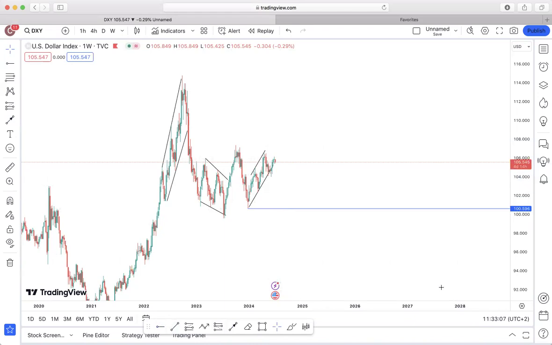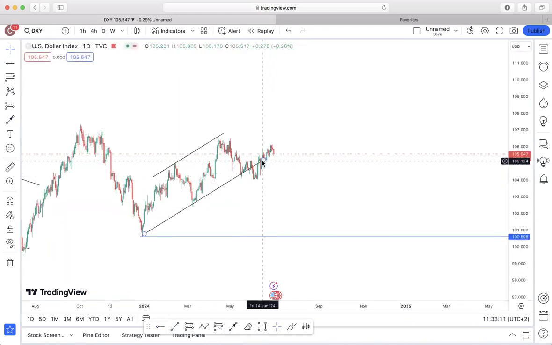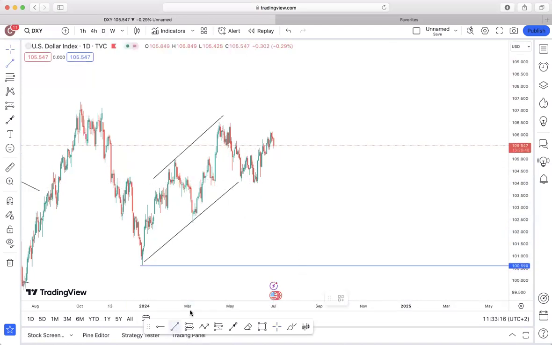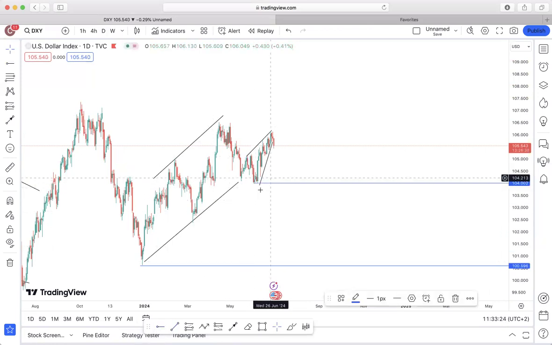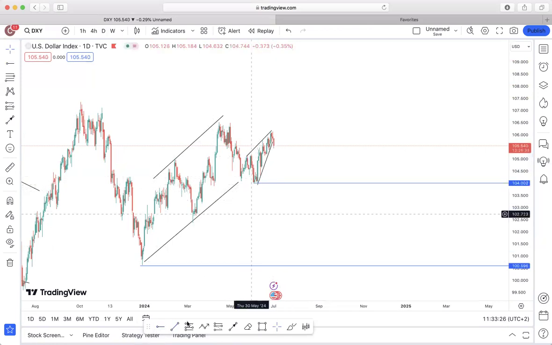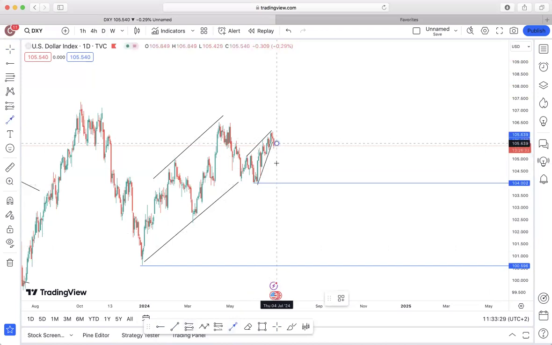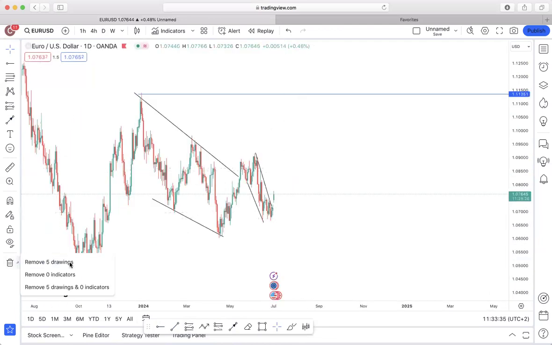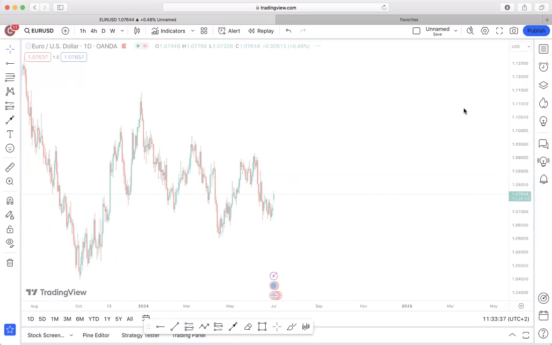Now jumping onto our daily time frame, this is how price is looking. This is now our impulsive movement, and this is now acting as our corrective structure, as you can see. So this in turn has a higher probability of dropping to the downside. That is why the DXY is dropping to the downside, and vice versa, which means the Euro USD will be climbing to the upside. So with this one, going on to the higher time frame,